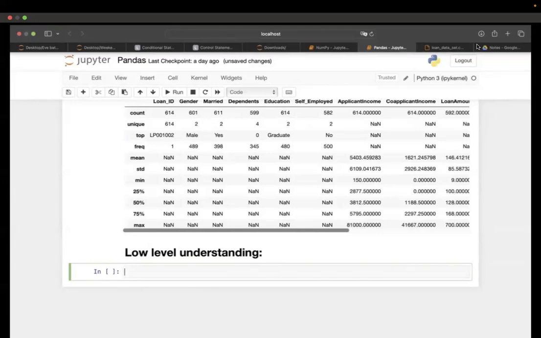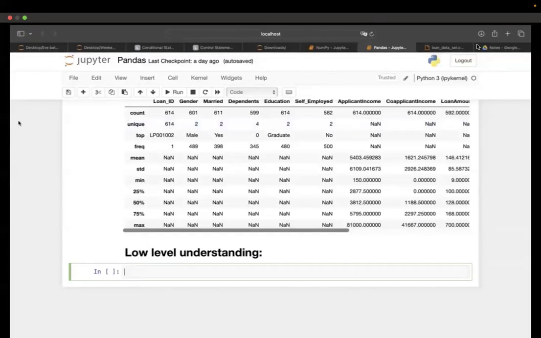Now, since we are jumping into the low level understanding, I hope you guys remember that we are going to perform univariate, bivariate, and multivariate analysis from here itself. When I'm saying univariate analysis, you need to understand that we again have subdivisions inside the univariate analysis, which is of your data type. Of course, we are going to pick up the univariate analysis, but with that,